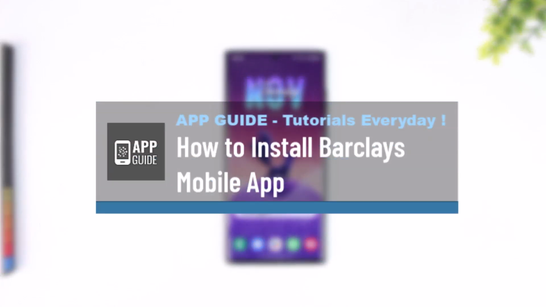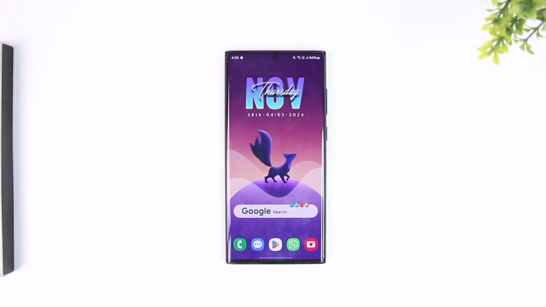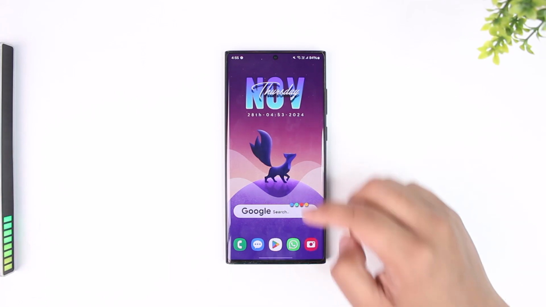How to install Barclays Mobile App. So basically, if you want to install the Barclays Mobile App, it is actually very simple to do so. For this, all you have to do is go ahead and first of all make